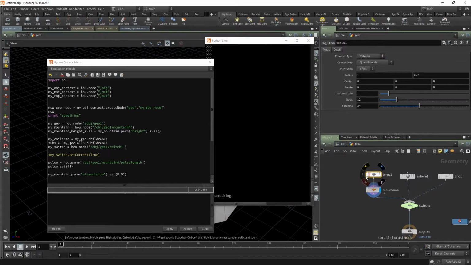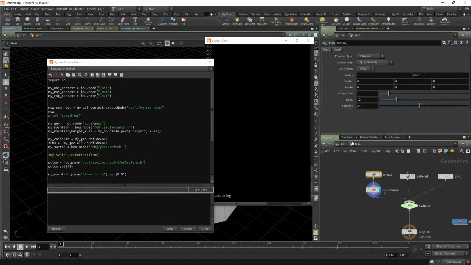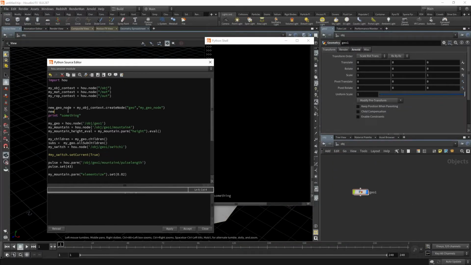So if we look at the name of this node, again, press the I and it will say it's called Torus, like this. So if we want to create this node, we can add it like new Torus, new geo node, which is the name of the geometry node we just created, and we say then create node. It will add a node inside of that, and again we need the type and the name. So the type will be Torus without a typo, preferably like this, and then comma the name, my own Torus, like this. And if we run this code,